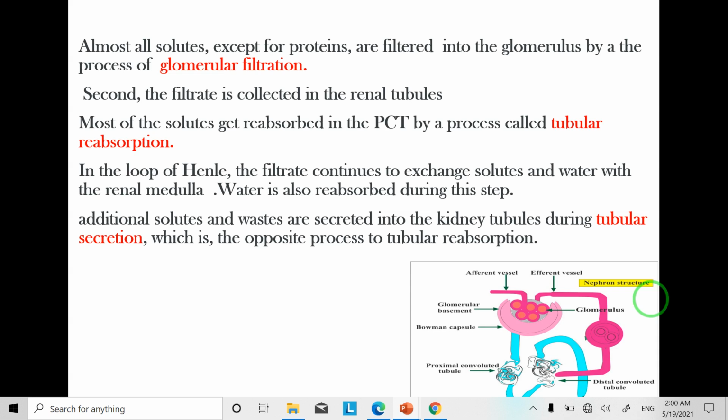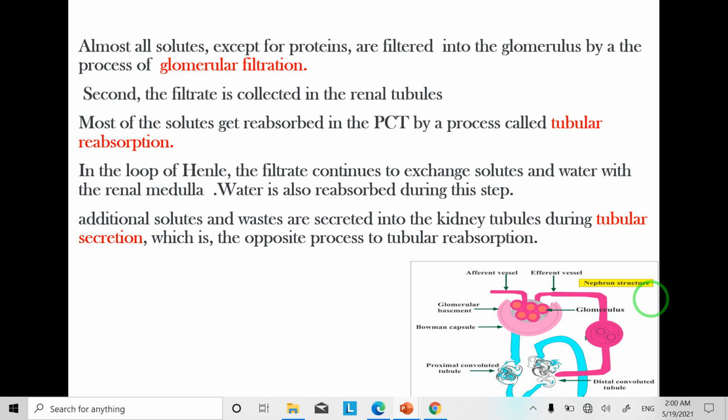As a reminder, there are three physiological processes that occur in the kidney. These are the glomerular filtration, the tubular reabsorption, and the tubular secretion. The glomerular filtration occurs in the glomerulus, in which all solutes except for protein, large molecular weight protein, are filtered by the glomerulus, while in the tubule there will be